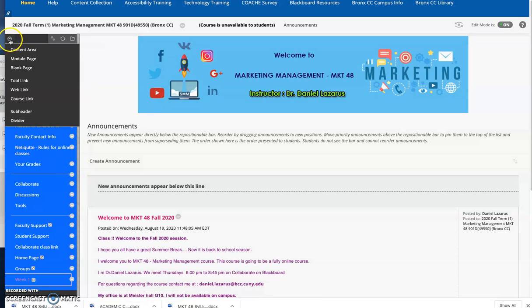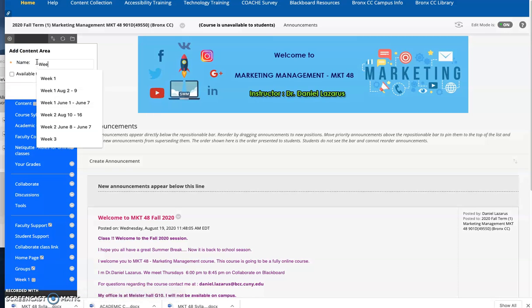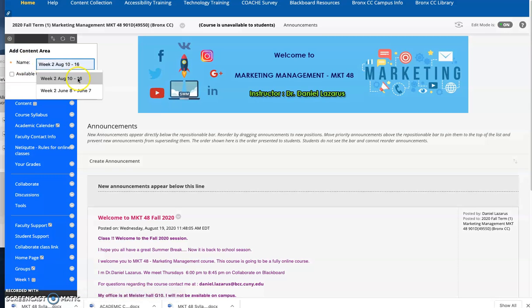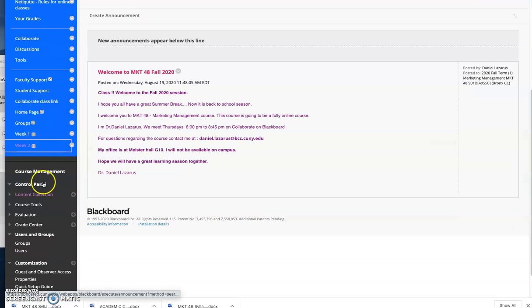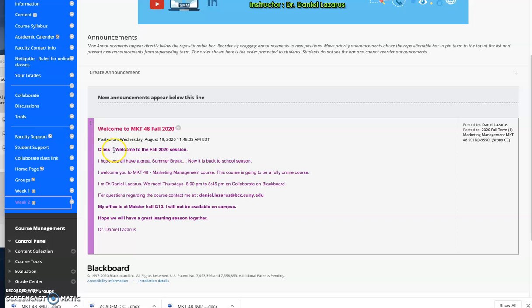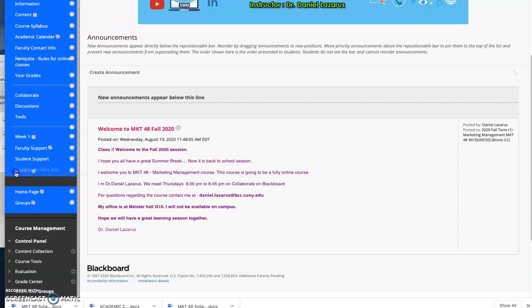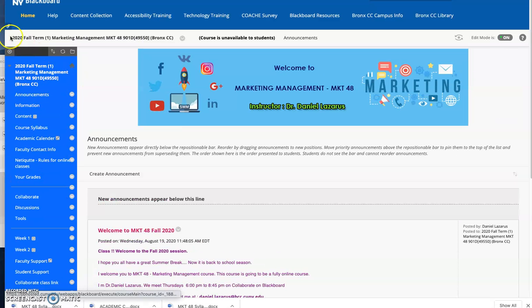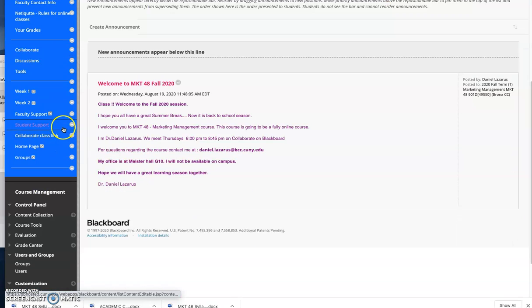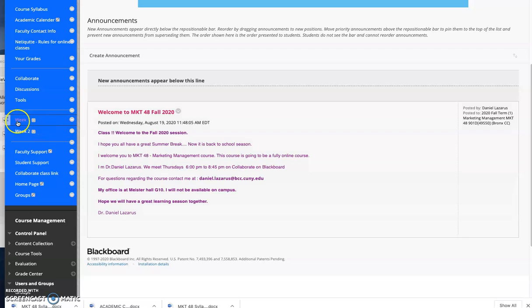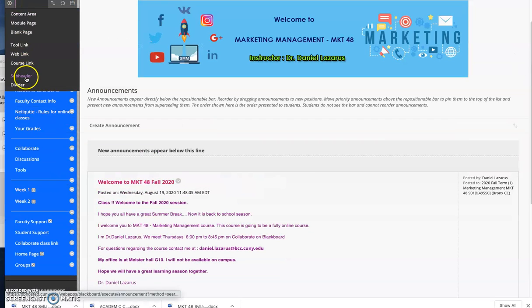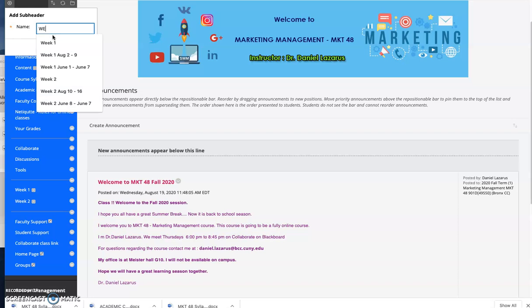And then I'm going to do another one called week two. Week two, you can either put the dates. It's always advisable to put some dates, but if you don't know the dates, you can just leave it as week two. And now that I have 2 weeks here, I'm going to rearrange them in an order. So week one will be here, week two will be here, and I'm going to create a divider. A divider is the one that divides this with that. Okay, if you want, you can also create a subheader and say weekwise